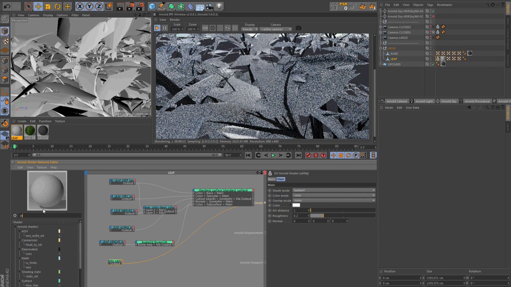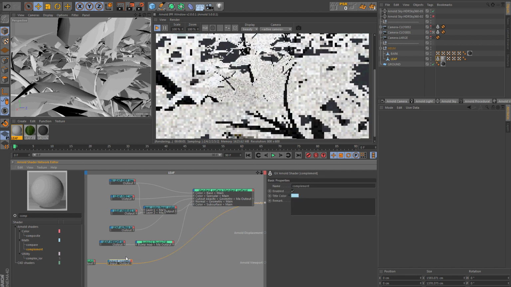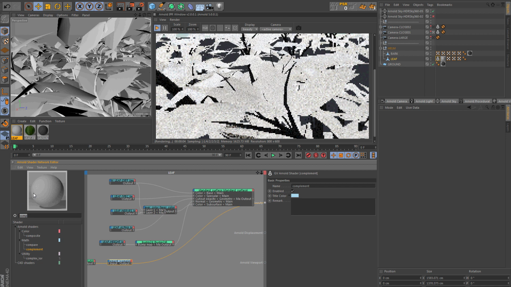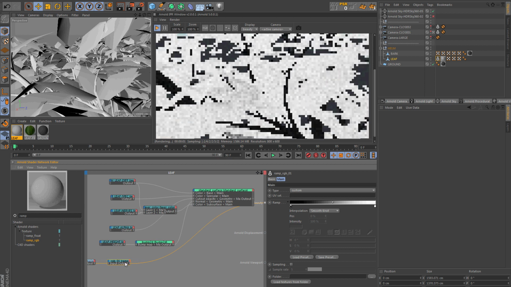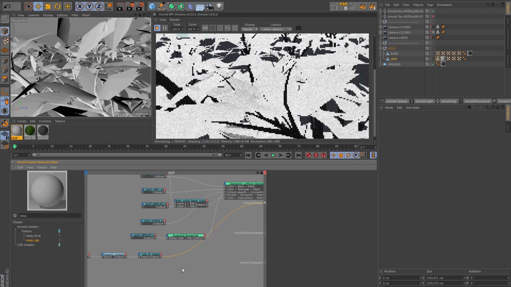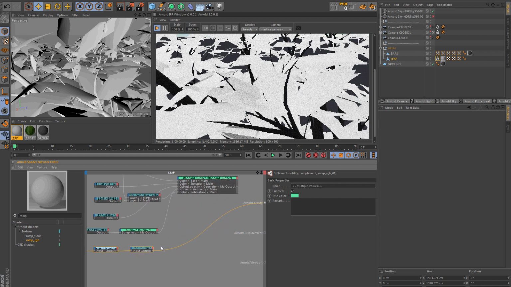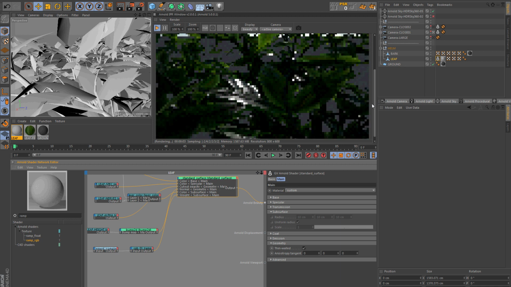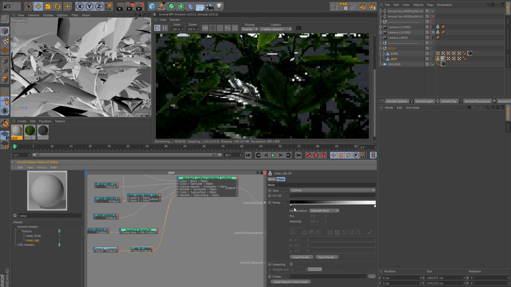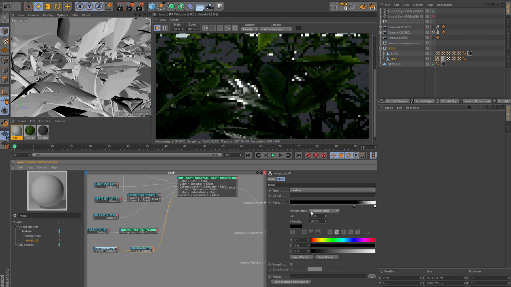I don't want to see it in the light parts. In the light parts I want to see my diffuse, so I need to invert this light. So take a complement, and you can take a ramp also, because I will grade it later. Now you can connect it to the subsurface weight, subsurface intensity. Grade it a bit. Fine.